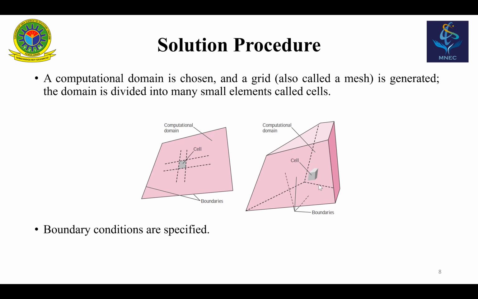So this whole computational domain will be divided into smaller cells, numerous smaller cells. At first we have to segregate this, and then boundary conditions are specified. This is the second step. We have to provide some boundary conditions to solve those equations, to make those